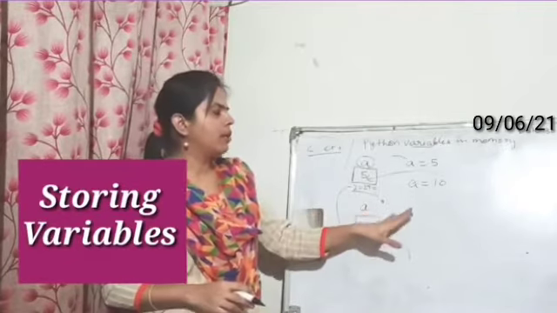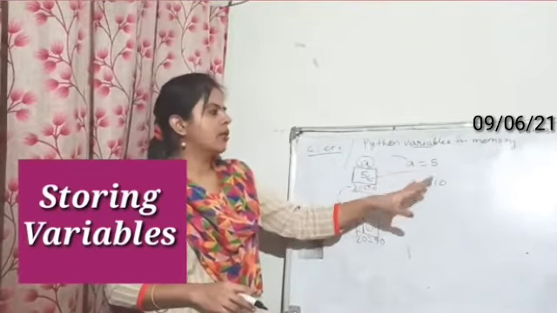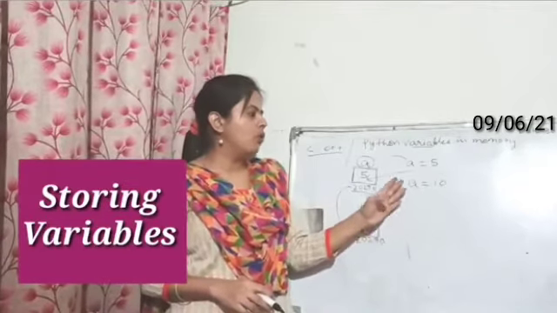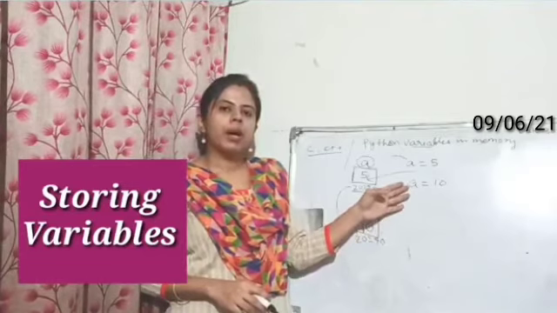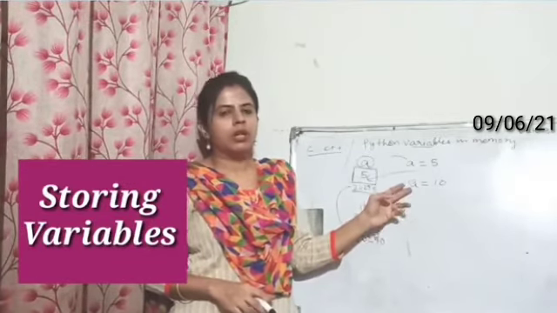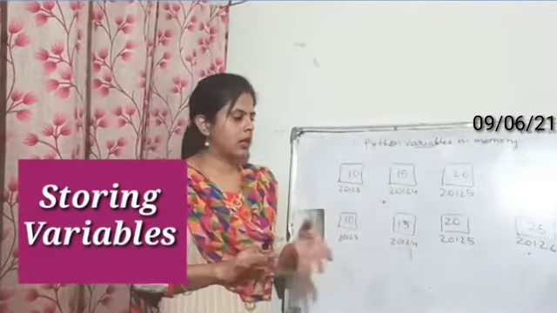Whenever you write anything in the program, for example, you have written a is equal to 5, and again you have assigned a different number to a, in Python it will assign a different address to the same variable. Okay, so let's see how it works in Python. You must be thinking why ma'am has written this.